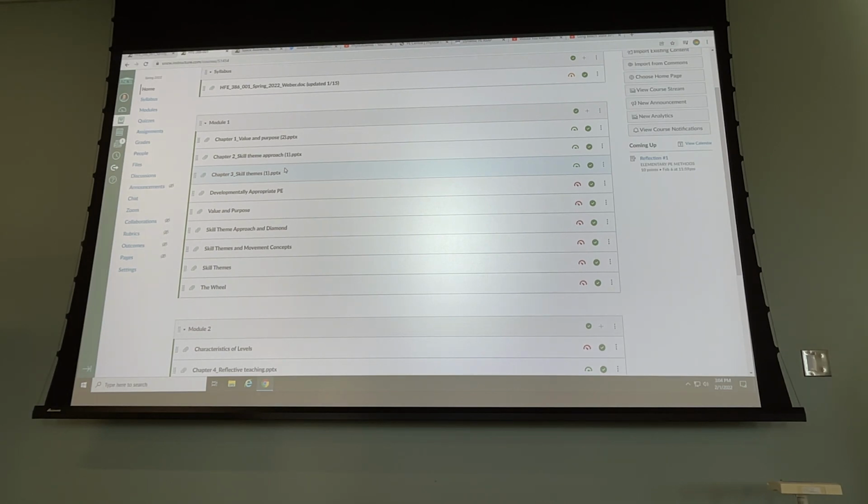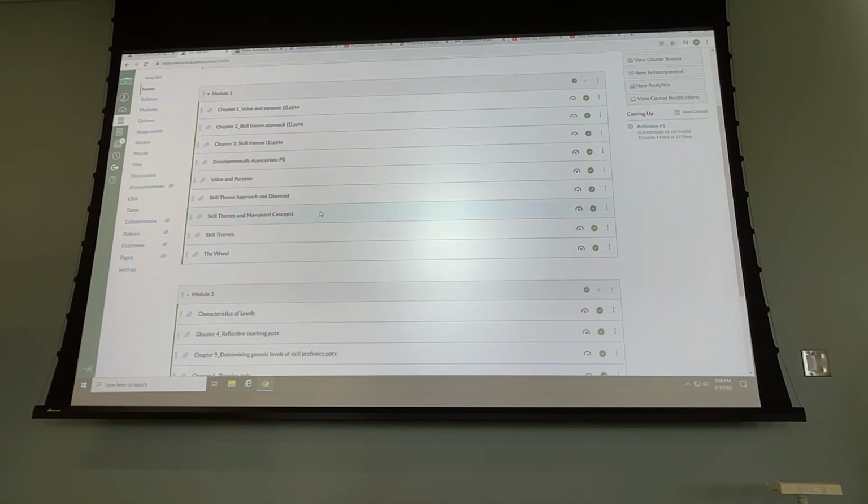So you have 3 chapters in Module 1 and 3 chapters in Module 2. And I have some sheets for you to look at as well. They should be able to open up. I apologize if they weren't able to open up, but they should be good to go. Remember, Module 1 and Module 2 is going to be the content for the quizzes. They are open notebook, so you will have time to look and see what the answer is. I'm not too worried about that. I just want you to make sure that you know that information from Modules 1 through 6, okay?